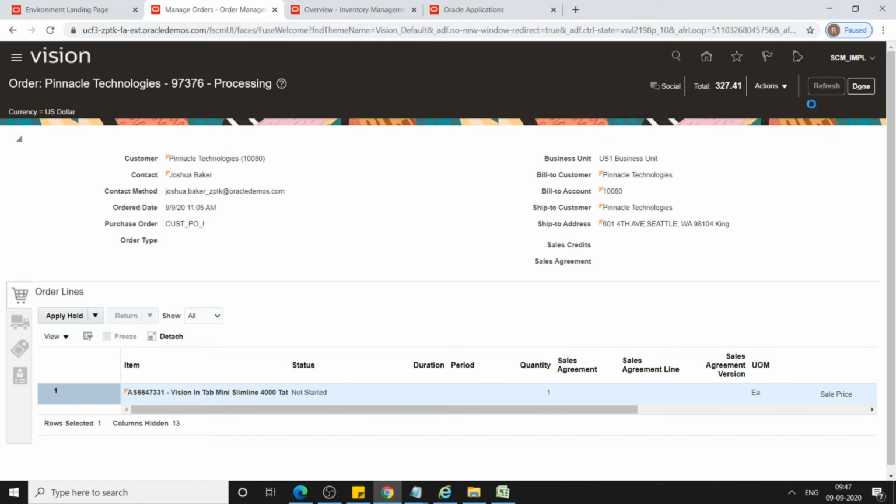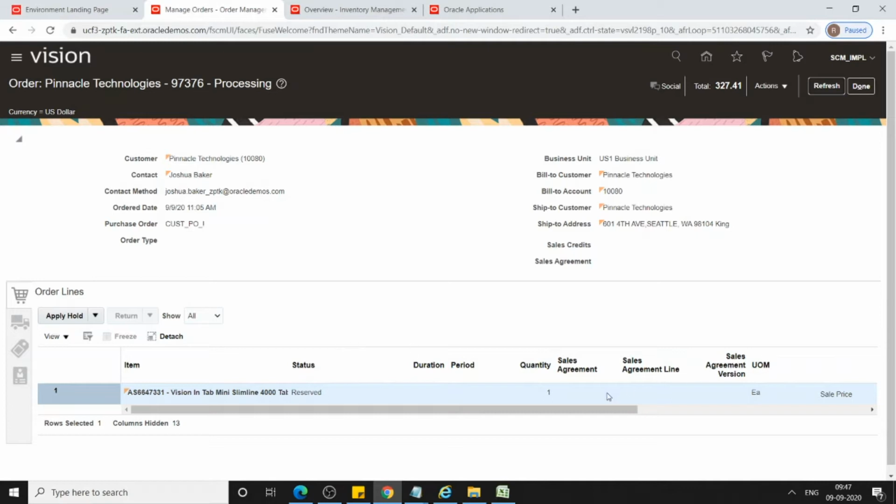Just refresh it. See here, initially the status we saw was not started. Now the status is showing as reserved.